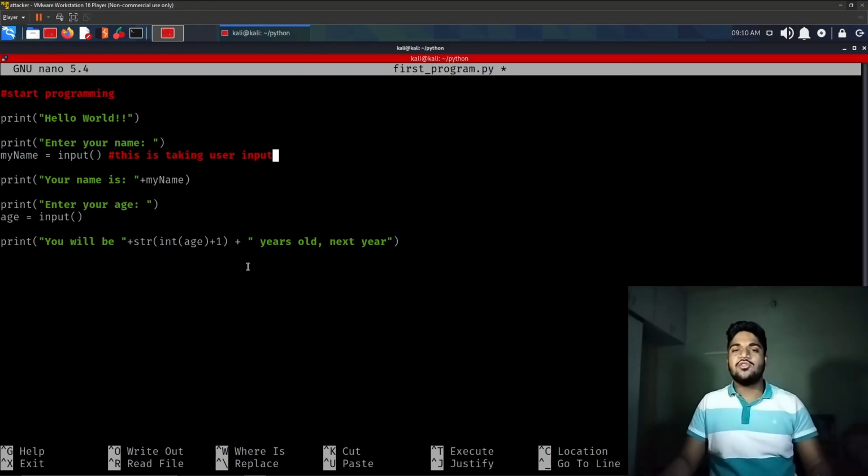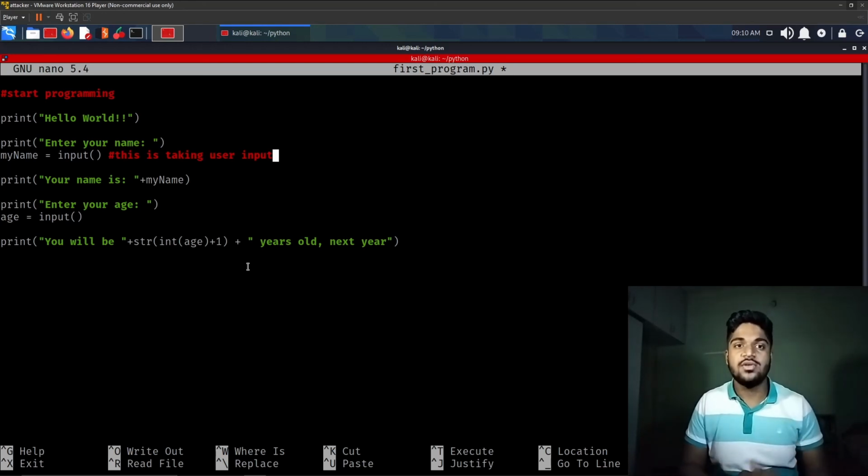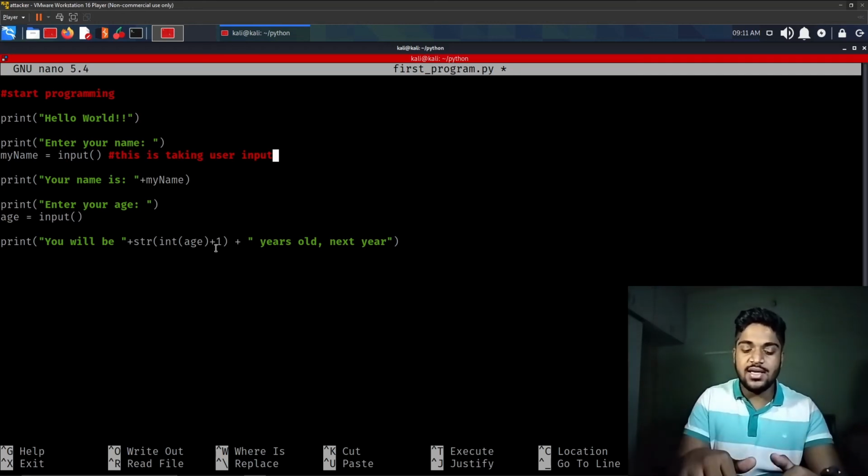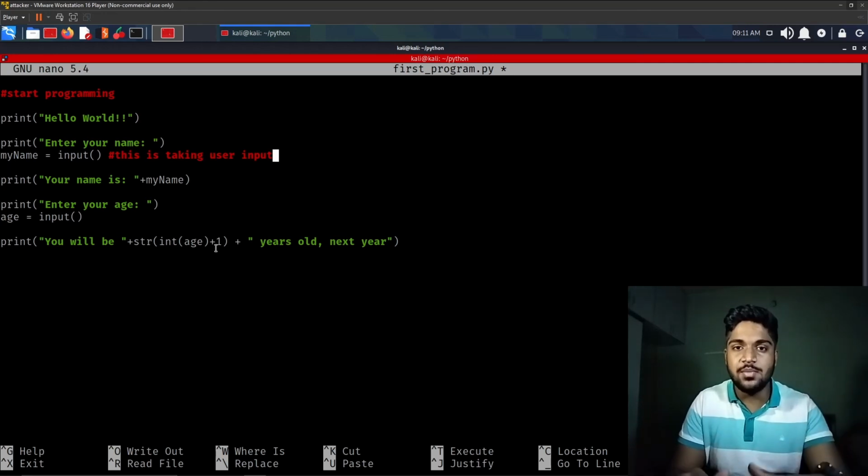And I can also perform many functions on that input. Let's say if I want to add to your age, before that, let me tell you, whatever user input you take, it will be in the form of strings. Even if you type some numbers, it will be in the form of strings.